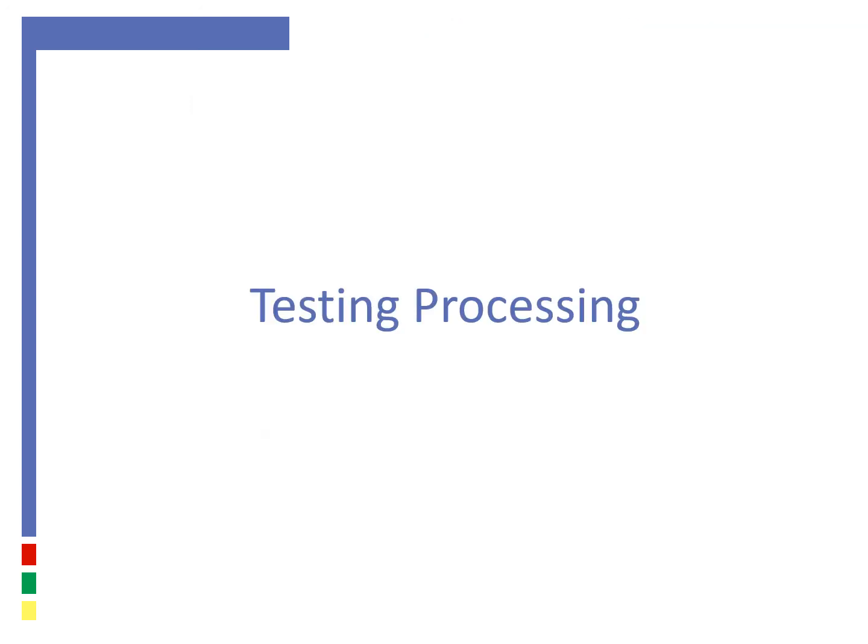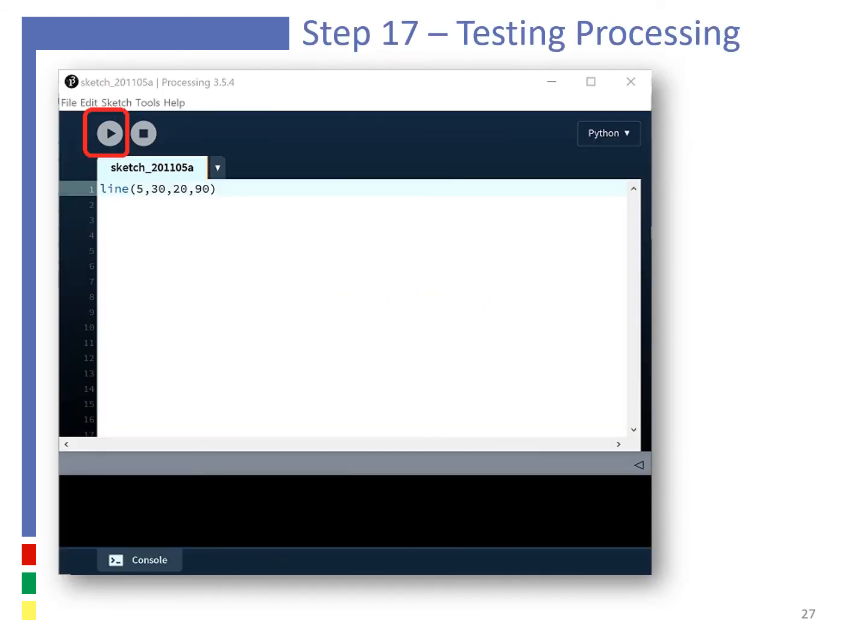Now that we have installed processing, we have told it we're going to be using the Python programming language, and we've told it where we're going to be storing all of our Python programs, we're just going to check now that everything is okay. So we're going to do one line of code to test that processing is okay. So what we're going to do is type in this line of code in here. So all you do is type in line, all lowercase, and then do 5, 30, 20, 90 inside those